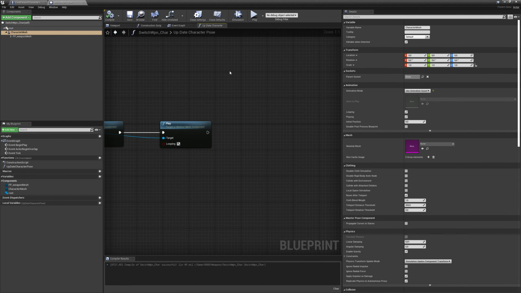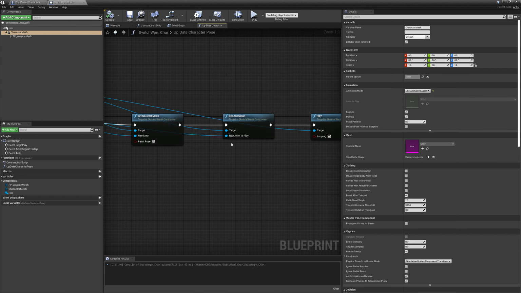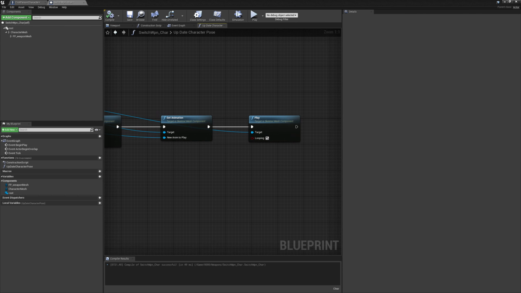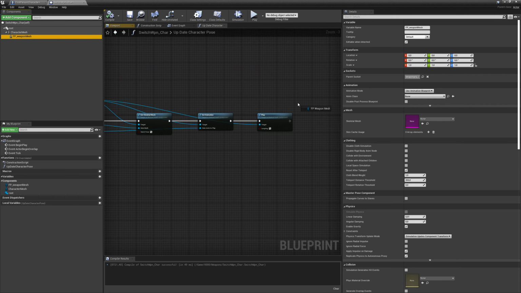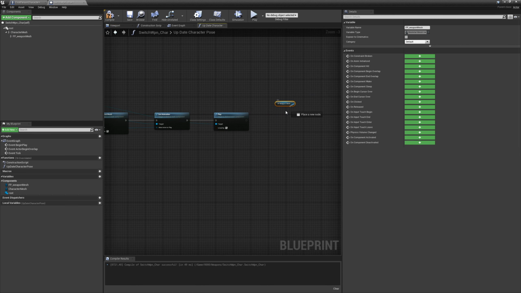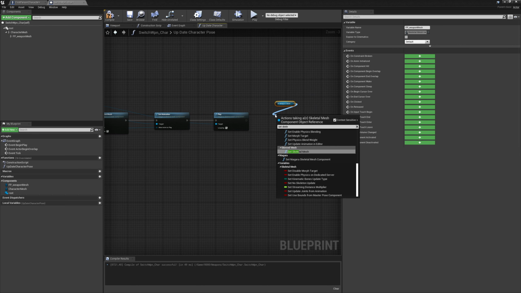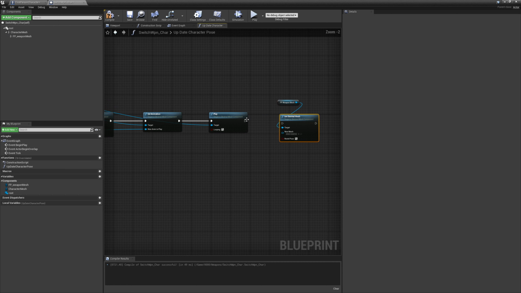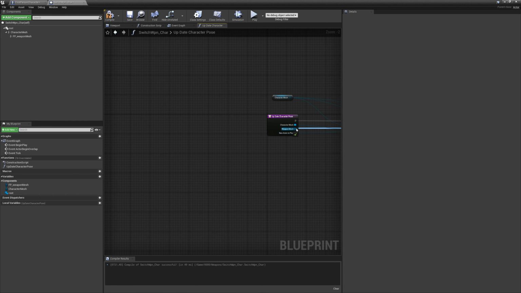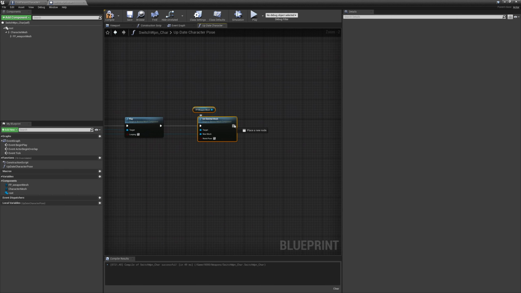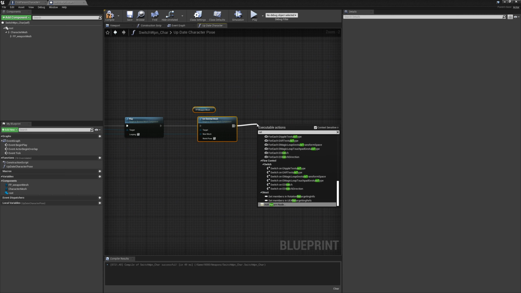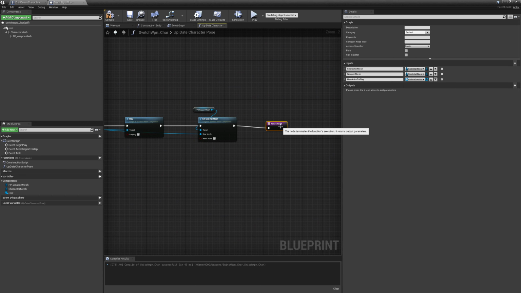And then this should work. So that's what those functions do. And then we need to make sure that we update the weapon mesh as well. So let's get the first person weapon mesh in here and set the skeletal mesh, and plug this into the input node as well. So now we can set up this character to be exactly the same as our own character, only this will